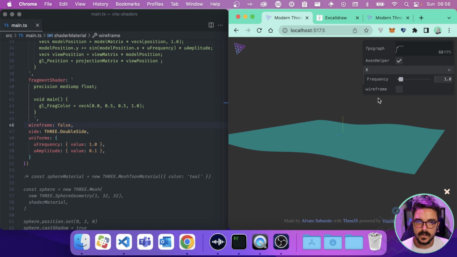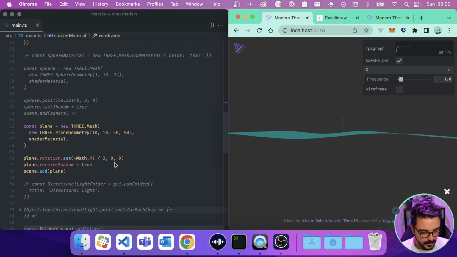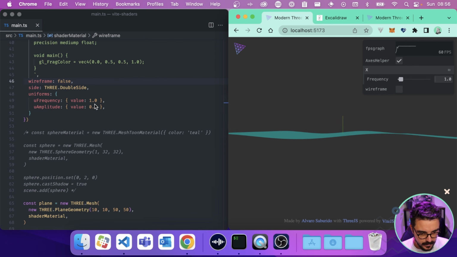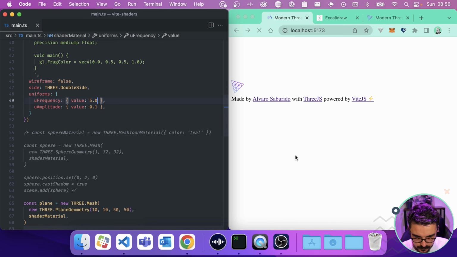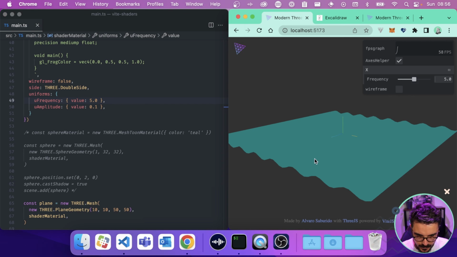I love how the Tweakpane works because you can actually add anything you like and you can control everything to experiment. Okay, so maybe the frequency we're gonna put it like, I don't know, maybe 5, okay? That looks better.